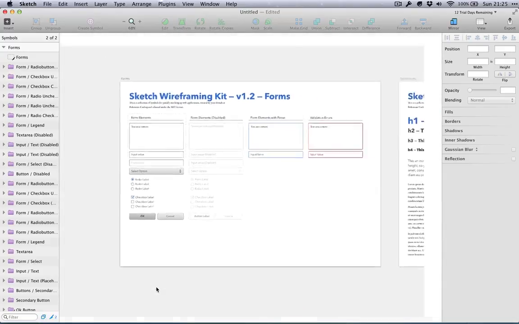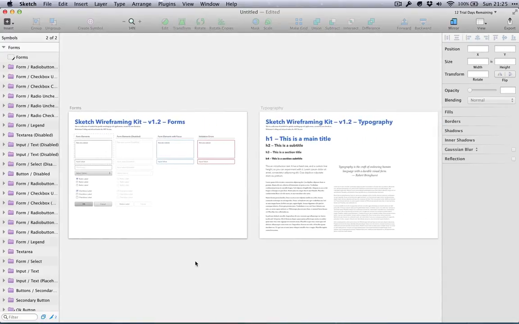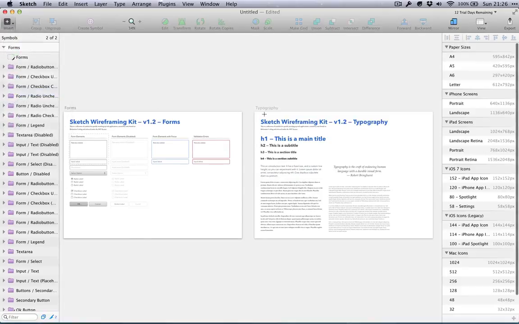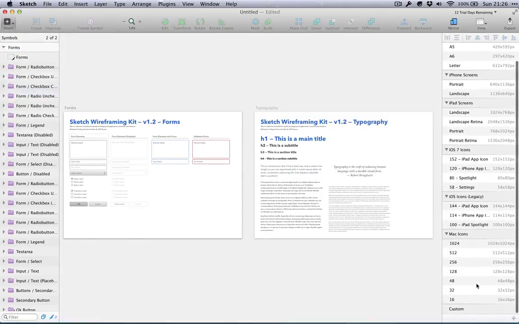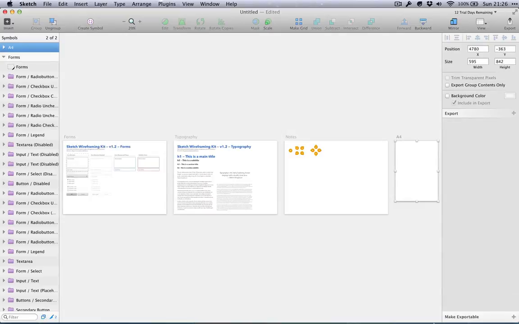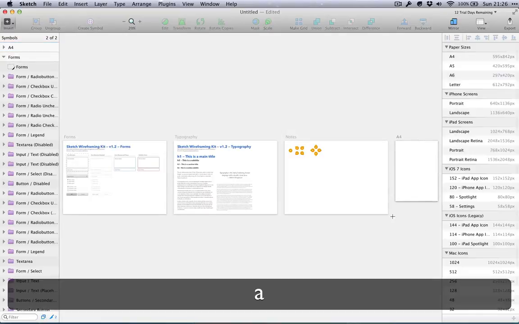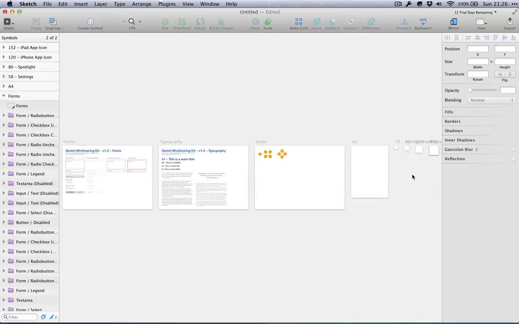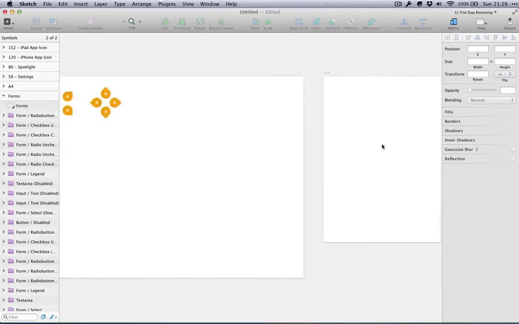Now talk about artboards. Artboards work a little better this time. So if you go insert an artboard, you can see we have some new presets, and they are organized, in my opinion, in a better way. So if you select one, it will just create an artboard. Or if, let's say, you want to create an iOS 7 icon, and we have all these different sizes. If you click on the title of the folder, it will create an artboard for each, as you can see